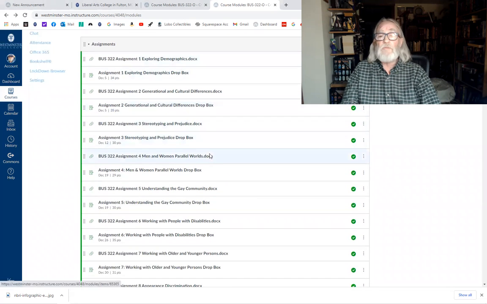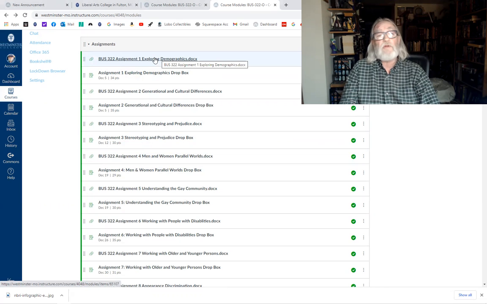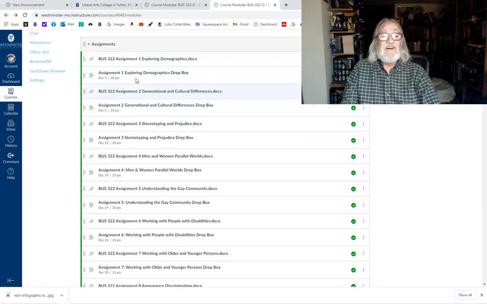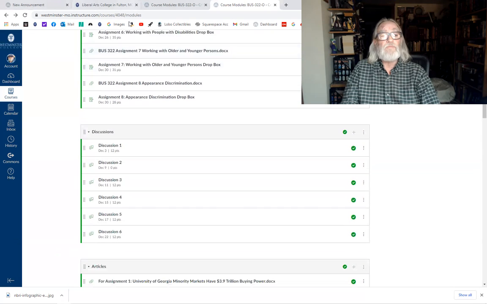Here's all the assignments. What I've done is a little different, and I've handled my websites in the past. Here's the instructions. Here's the Dropbox. It's got to be in a .doc or a .pdf for me to read your files. So remember that. You may have to convert. That's why if you download this, write your answers on it, it's already a .doc, save it, and put it in the Dropbox. And you can see they're all in order, boom, all the way down. So there are 8 of them.